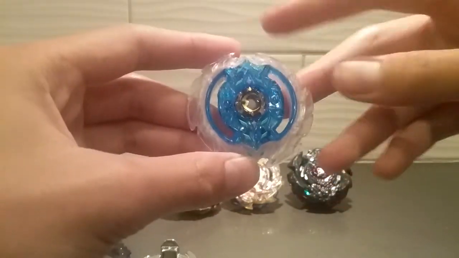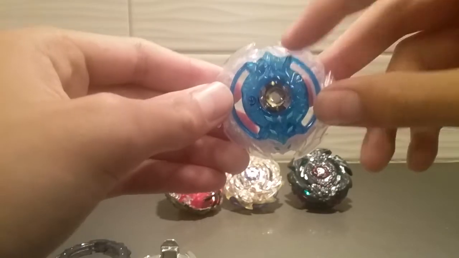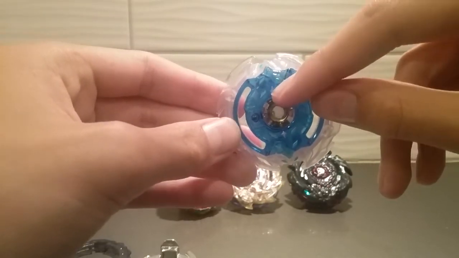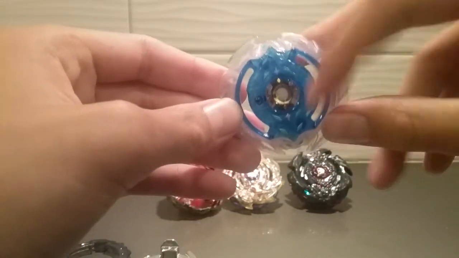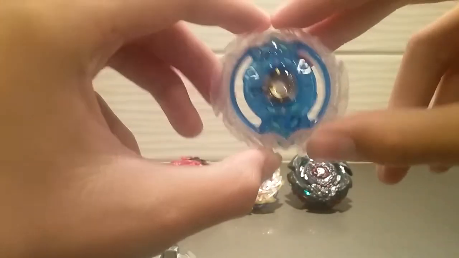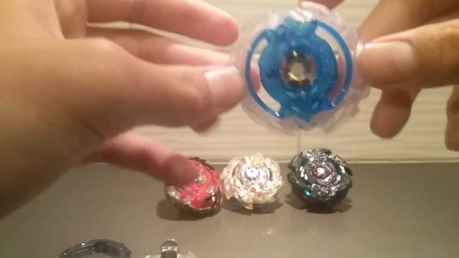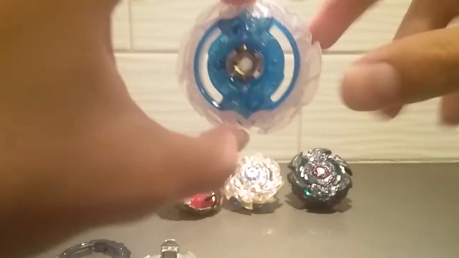This is all blue, a nice, clear, skyish blue plastic, and it's got like 6 eyes now. 1, 2, 3, 4, 5, 6 on each side. And it's got this nice black with a golden sea. And I don't have the old Chaos or basic layer Chaos, but it's pretty much the same thing, except